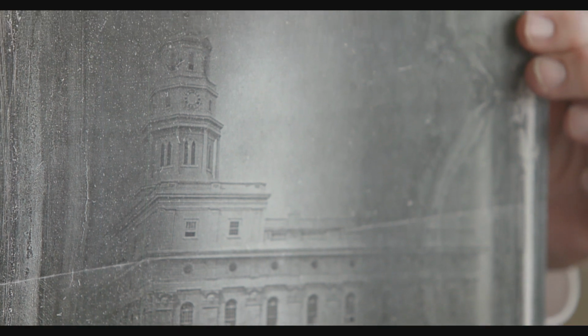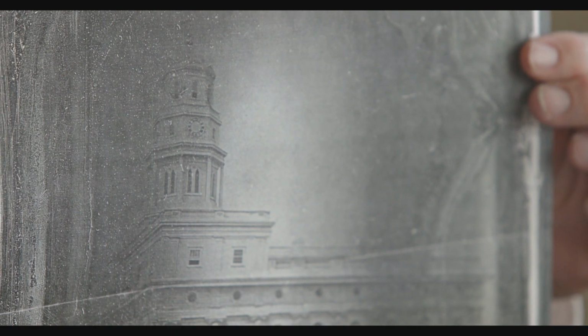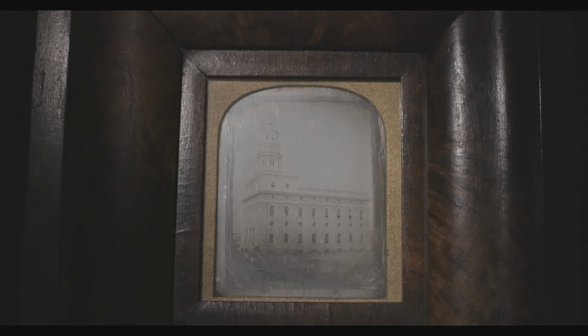The problem was that the tarnish was just so much in evidence that we weren't seeing much of the image. It was both exciting and frustrating. We felt that it needed to be cleaned, but how do you clean a daguerreotype? About that time, there'd been some technology developed where you could put the daguerreotype in a solution, kind of lift off this corrosion and clean off the image. And so it was sent out to Missouri, and when it came back, it was this beautiful, clear, pristine image